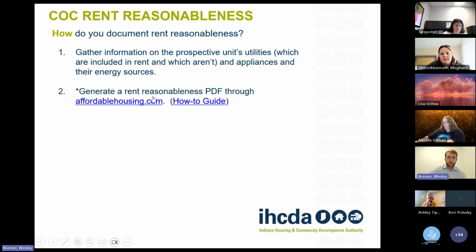step 2 is to generate a rent reasonableness PDF through affordablehousing.com. And we have a 10-page PDF with plentiful screenshots on how to go about this. So if you're new to affordablehousing.com, we recommend this resource. We will send it in our follow-up email. And also a little plug here. If you're a case manager or agency leadership and you don't yet have access,